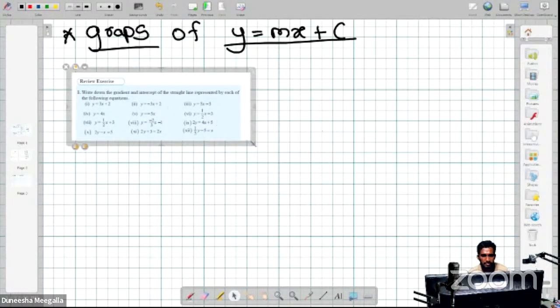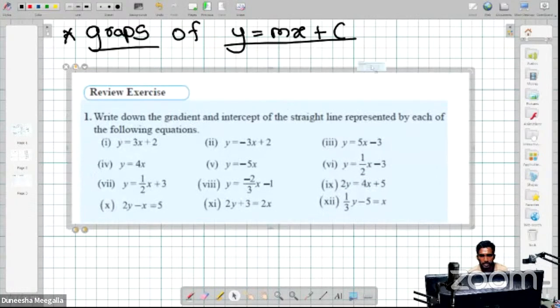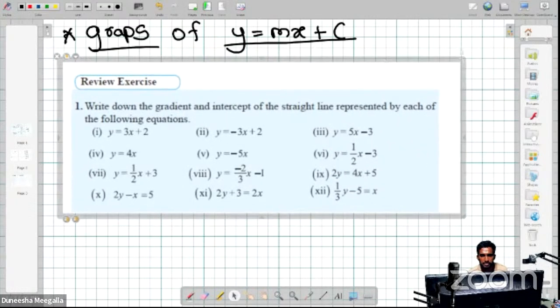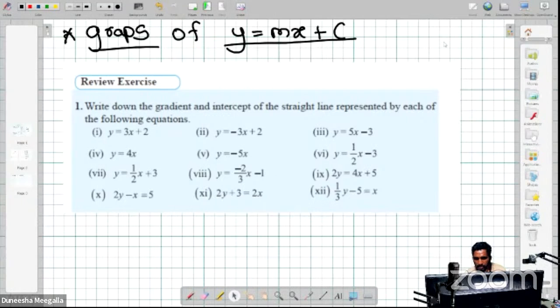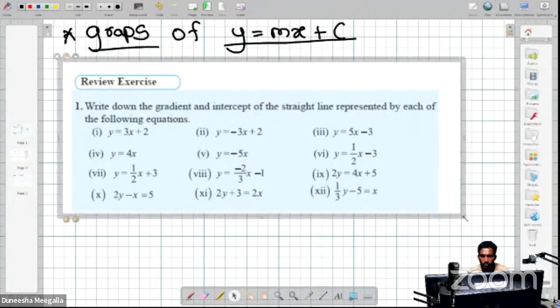In the grade 10 lesson of your textbook, there is a review exercise. It comes from grade 9. It is the review question given to you in the lesson. Write down the gradient and intercept of the straight line represented by each of the following equations. Okay. Then the first one is what? y